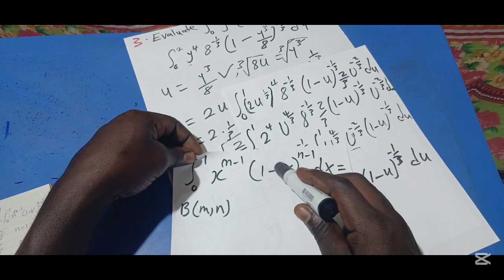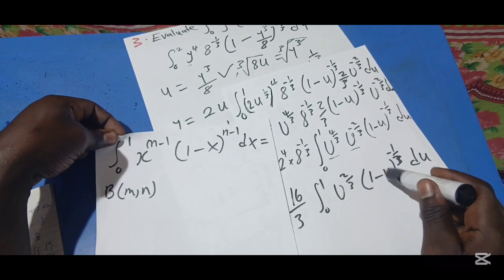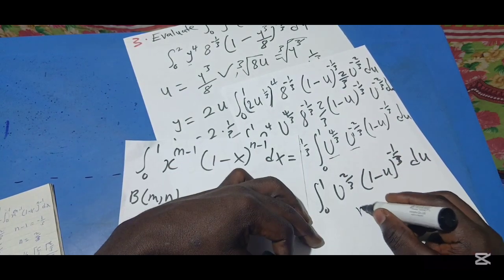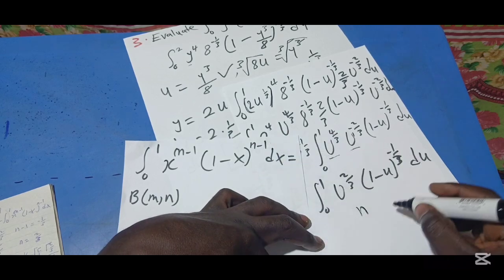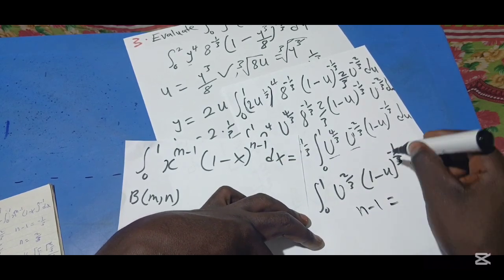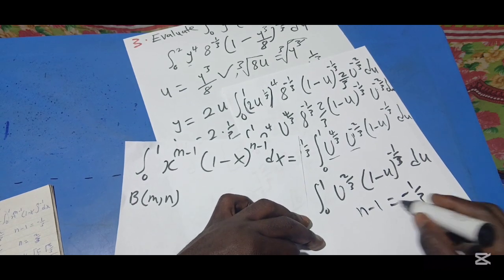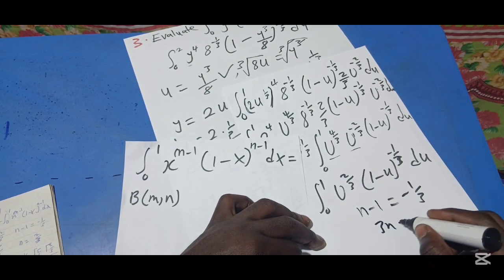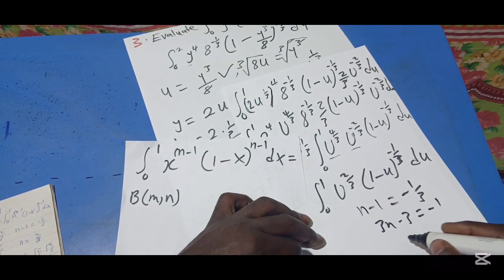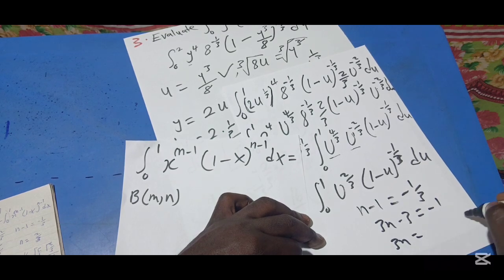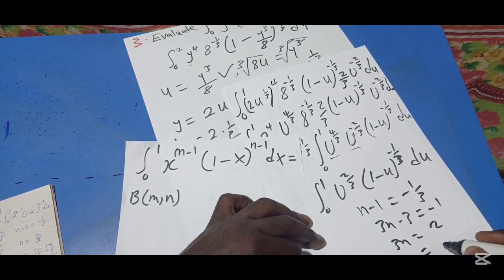So equating the exponent of the 1 minus x term, we have n minus 1 equal to minus 1 on 3. And to solve for n, let's multiply through by 3. So 3n minus 3 equal to minus 1, crossing gives us 2. So n equals